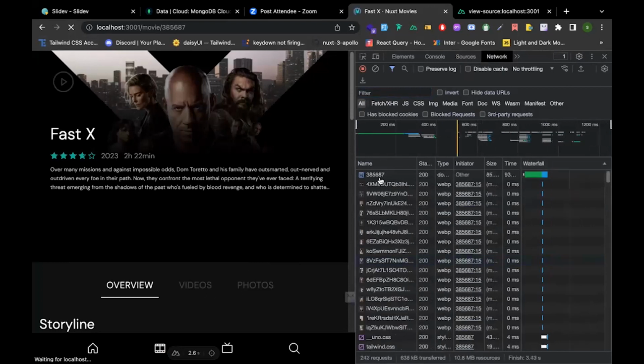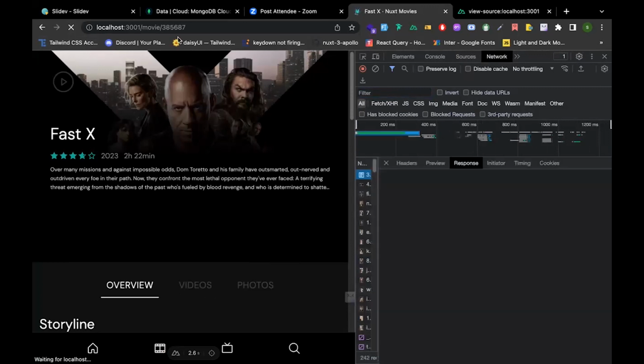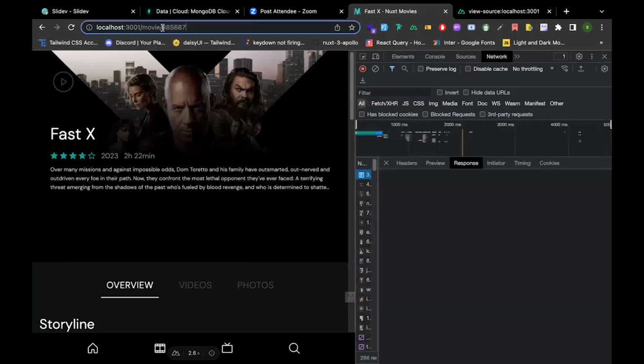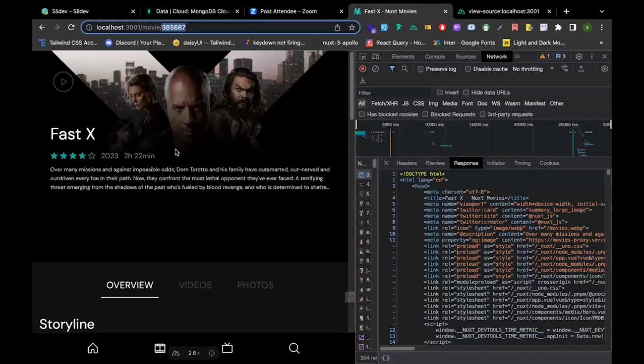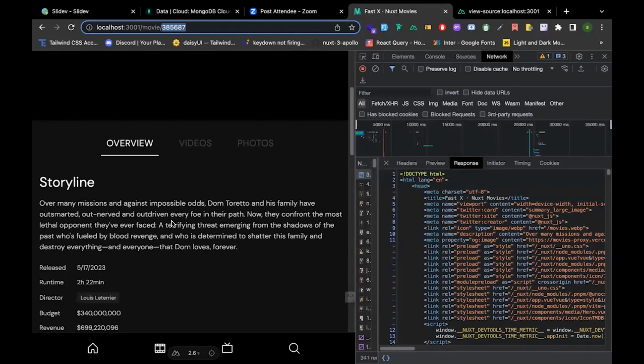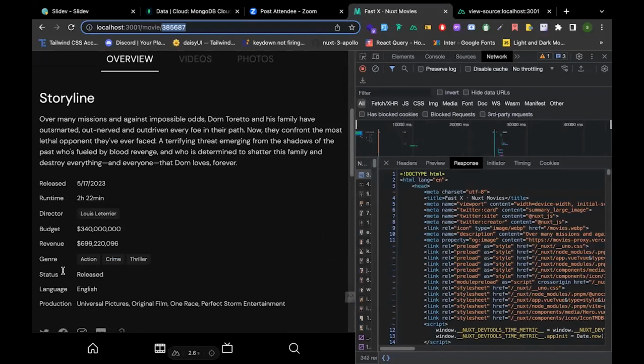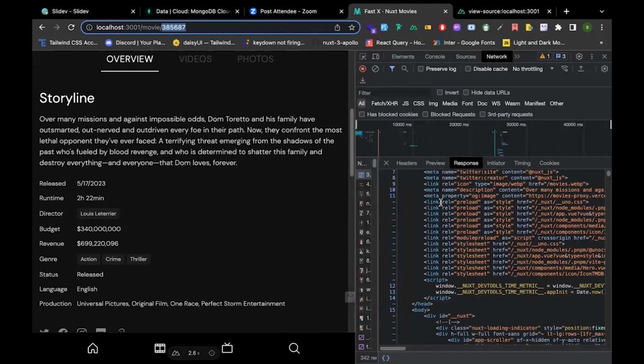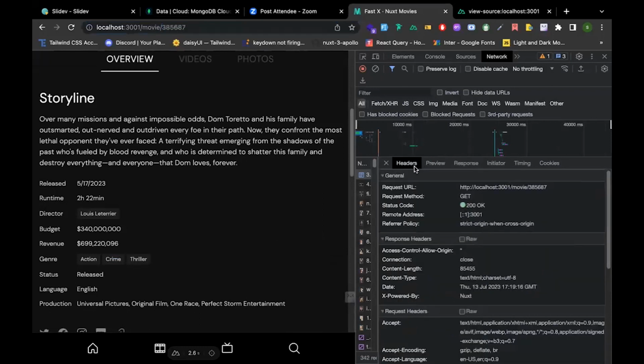Okay, it's loading. So if I go to this specific ID, now we are in the movie Fast X, and we are actually seeing the details of this particular movie, whereby we have the title, we have the description, the storyline, the revenue, genre, director, runtime, release. We have all that. So if I check and come here to my headers, first of all, we can see